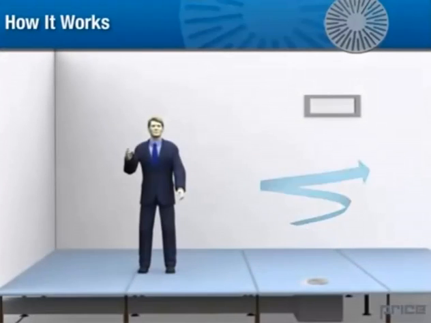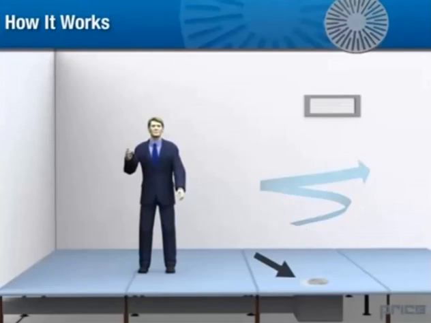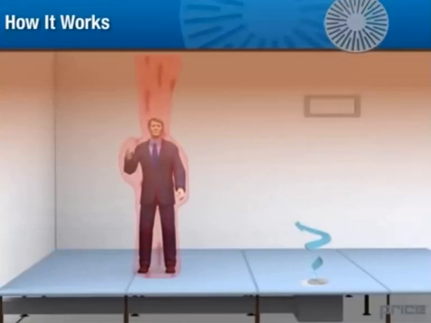In an underfloor air distribution system, the air is supplied at a higher velocity than that of displacement ventilation, typically at 65 degrees Fahrenheit or higher in cooling mode. This is done through small-sized outlets that allow for mixing in the lower portion of the room and stratification above the occupants. The underfloor air distribution system creates a general upward flow of air in the space which, working with